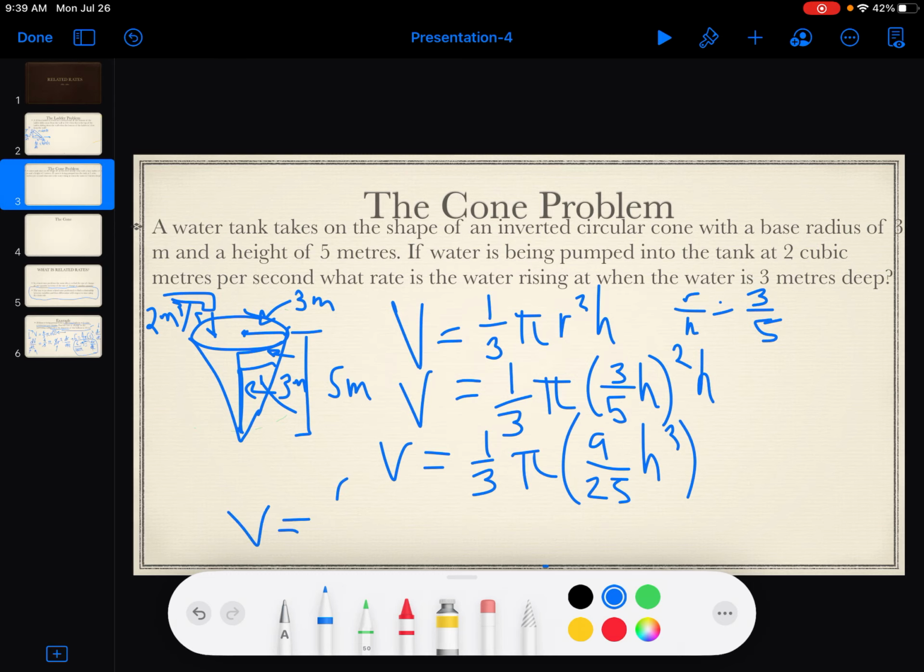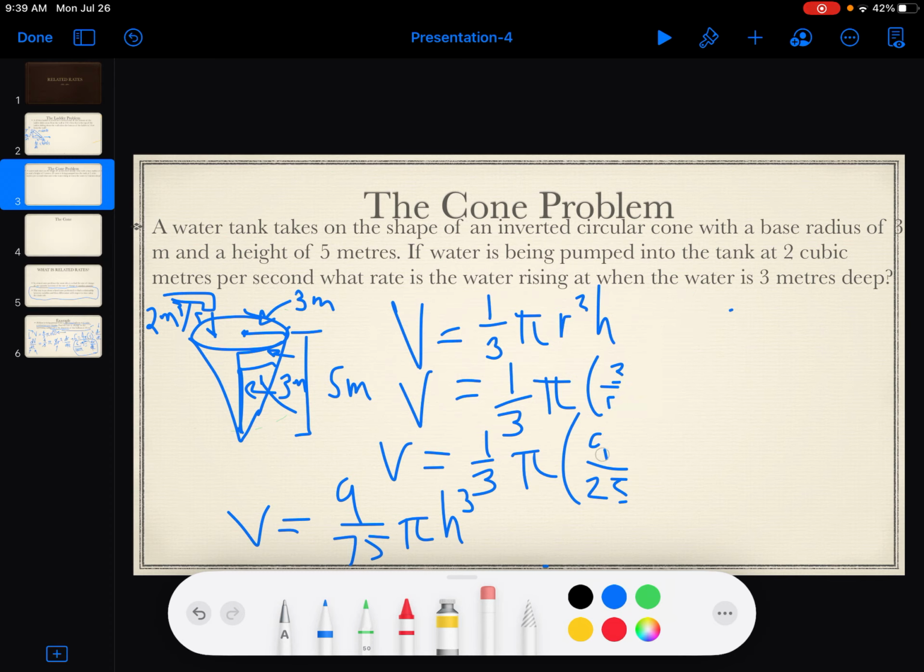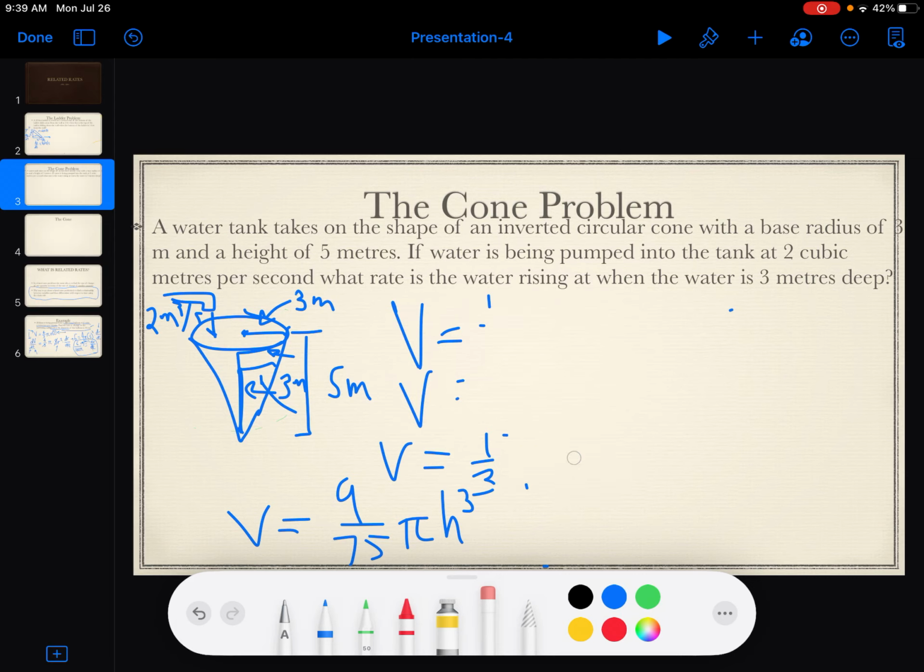Volume is just 9 over 75 pi h cubed. And I'm just going to erase everything we have up here. Get rid of all this,